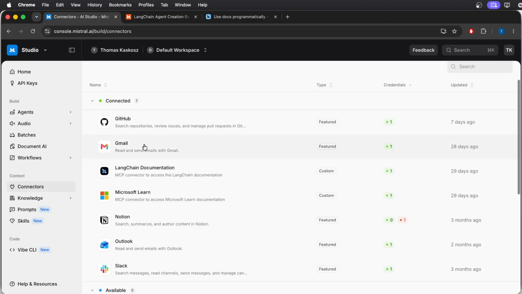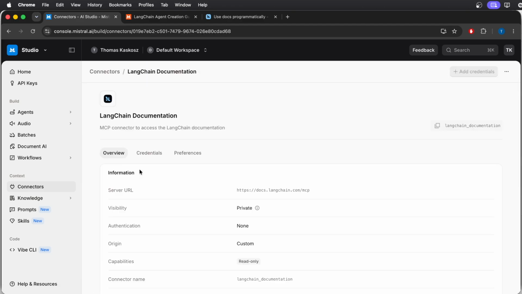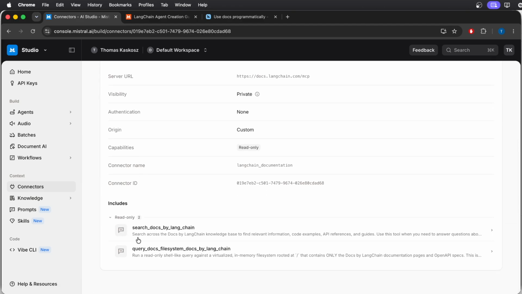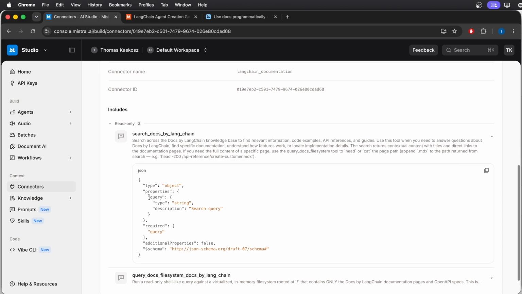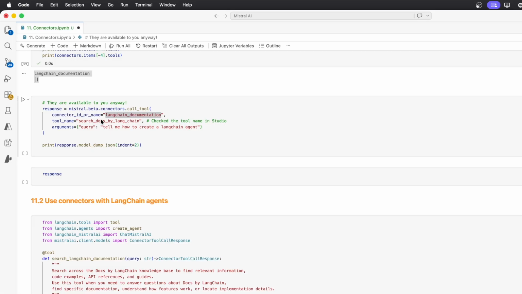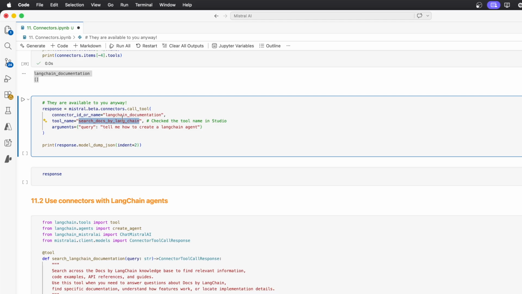Open the connector like this, and if you scroll down, you can find the list of all the functions which are made available to you. If you click on one, you will additionally find the properties that you need to use. Here we see that there is just a query property. This is a string, and this is simply the search terms that we want to use, and this is a required argument. This is the name of the function that we found in Studio, and for arguments